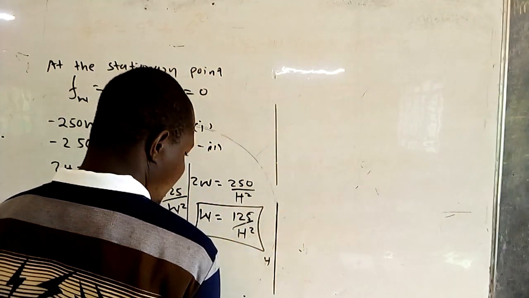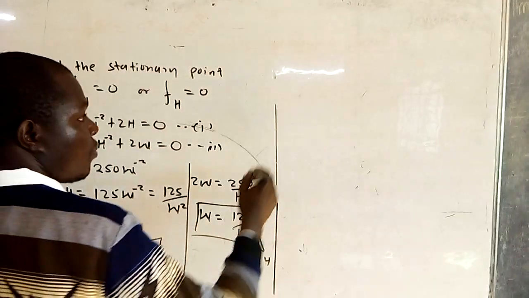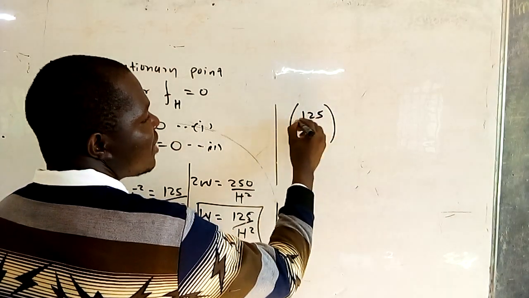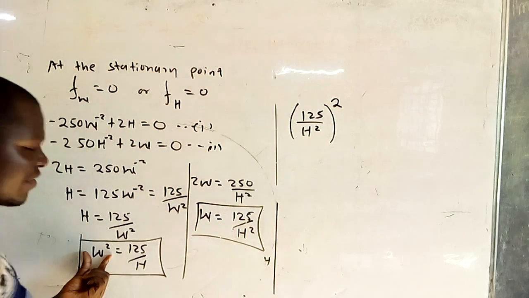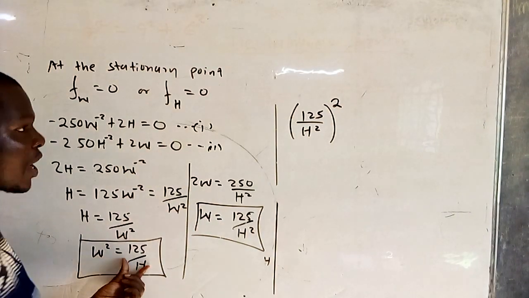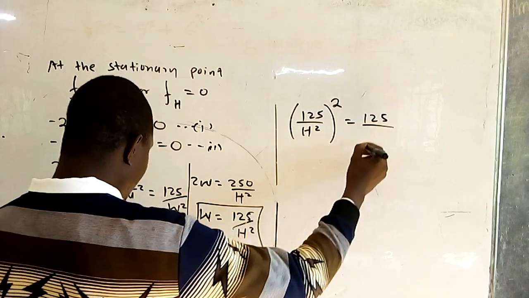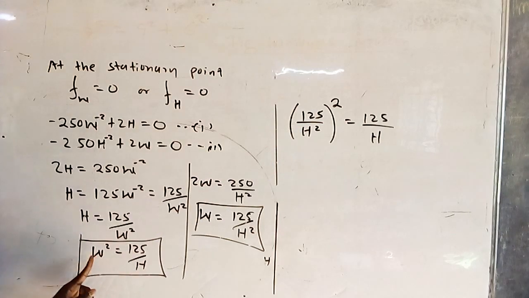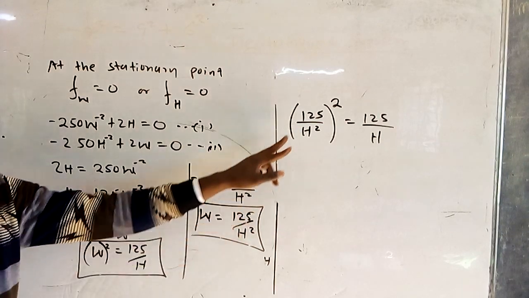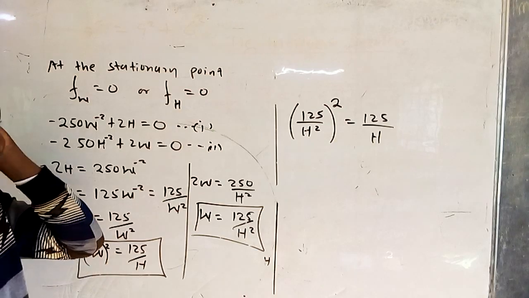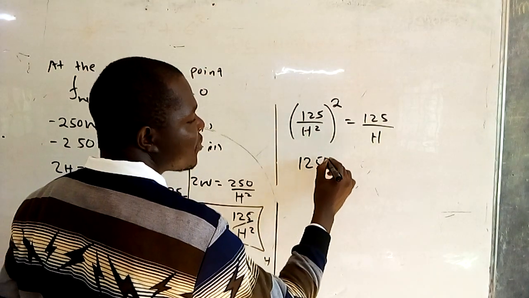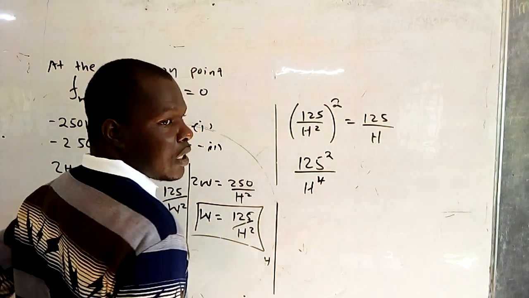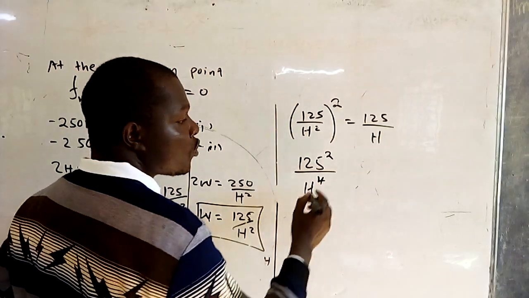And remember that formula of surface area? What do we have? We have here w squared, but w is what? 125 over h squared. W squared, this we are substituting, isn't it? W squared is equal to 125 over h. So we've substituted the value of w where there is w. Substitution, isn't it? So you get 125, the square is for everything. 125 squared over h squared, 2 times 2. See, 2 times 2 is 4, to be equal to